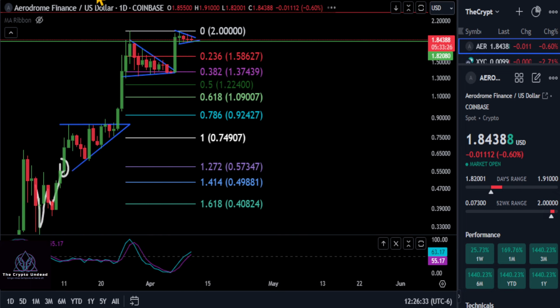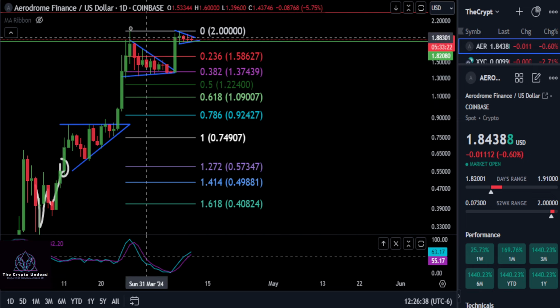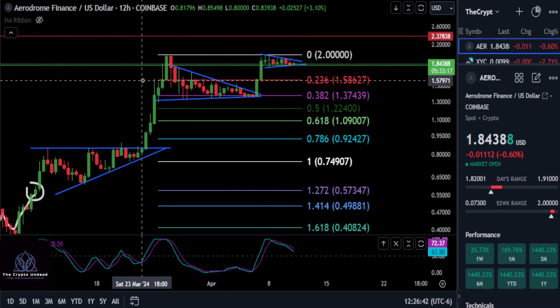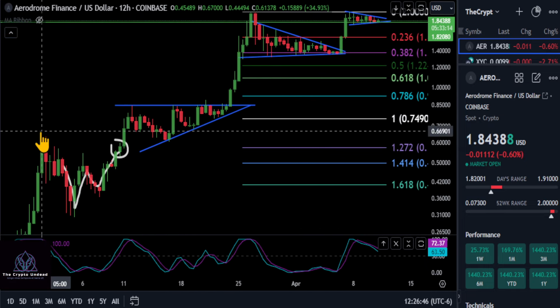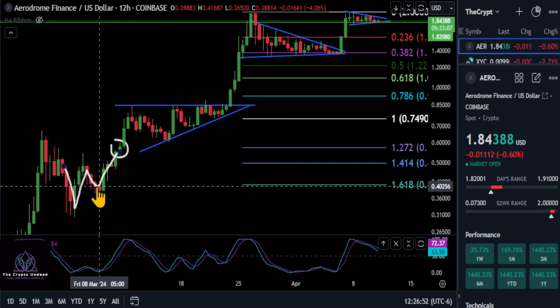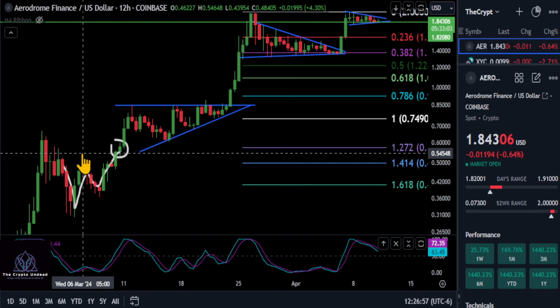And if we go down to the daily chart, and as we zoom in, it becomes more clear and more bullish, in my opinion. Now, we've been watching Aero here on the 12-hour chart, and if you're new to the channel, I've been pointing out that every time this thing makes a new high, it ends up forming very bullish market structure and a very bullish pattern. So we could see here the double bottom,